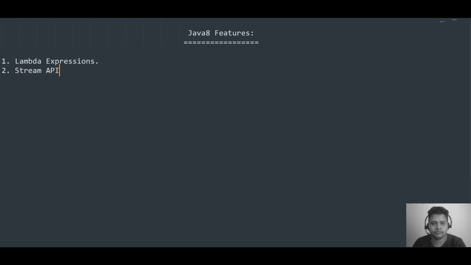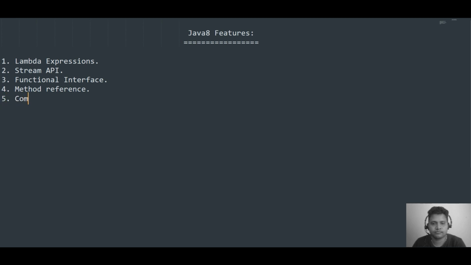Next, functional interface. I will discuss all the features in detail one by one in this series. Let me write down all the new features Java 8 introduced here. Then method reference,